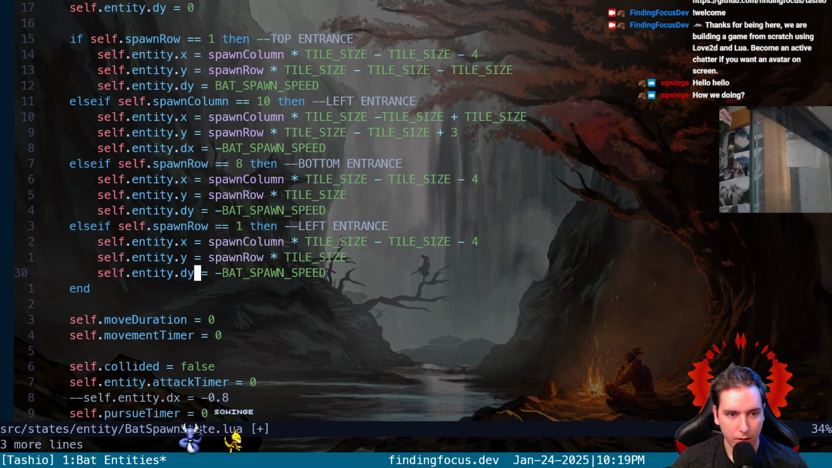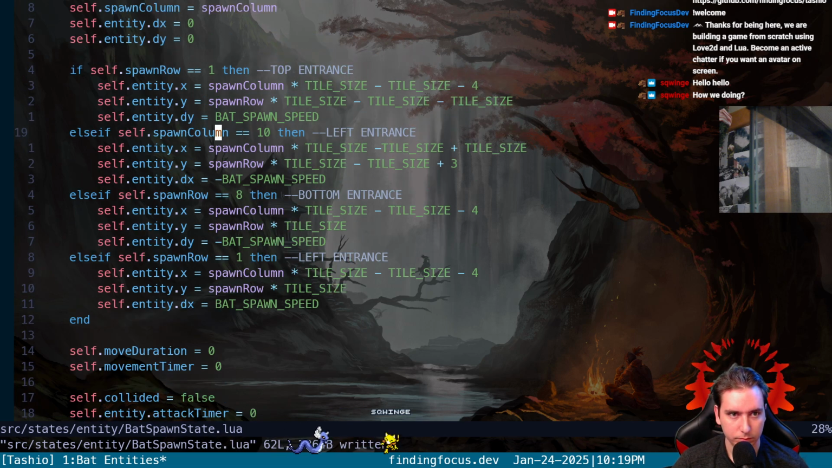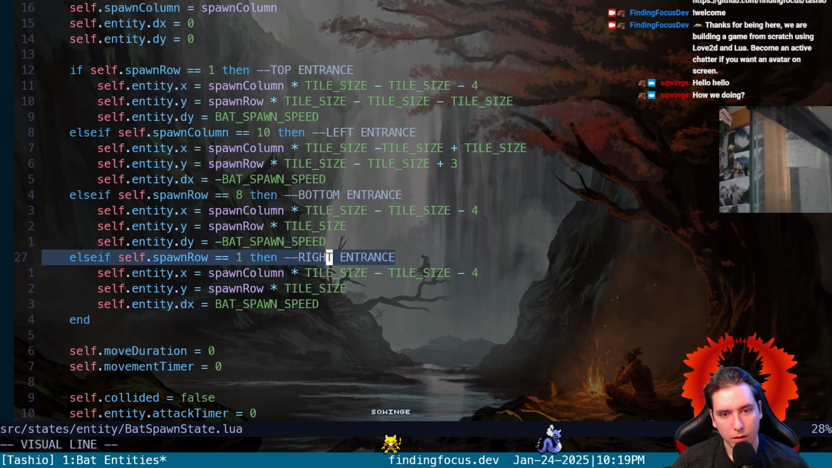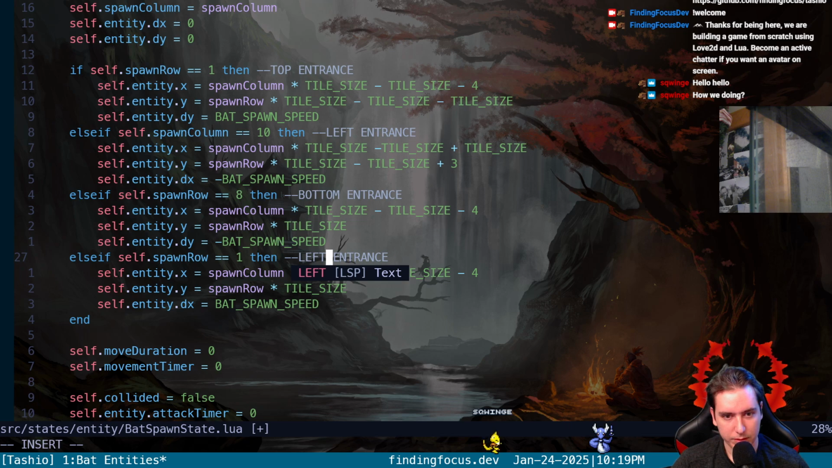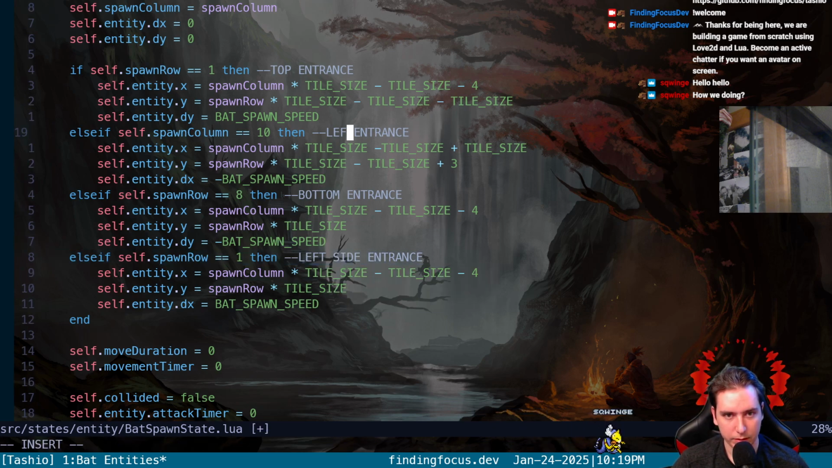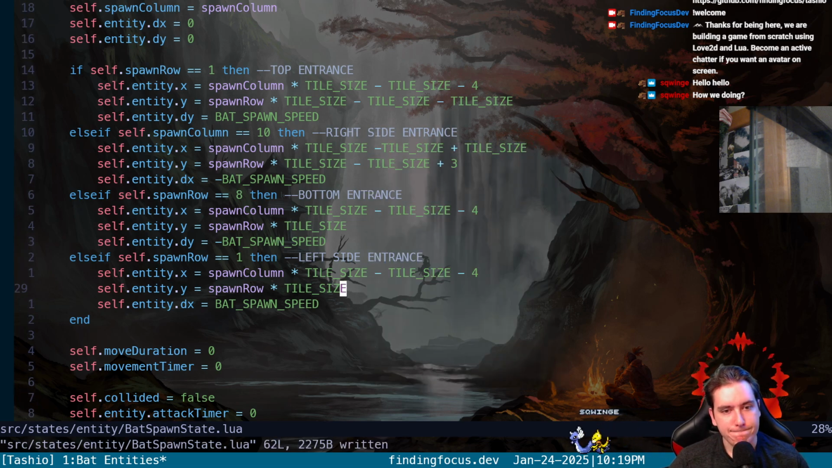Left entrance would be a positive dx, and then the naming here is a little weird. I'm gonna rename this left side entrance, which means we fly right, and this will be right side entrance. And then X would be